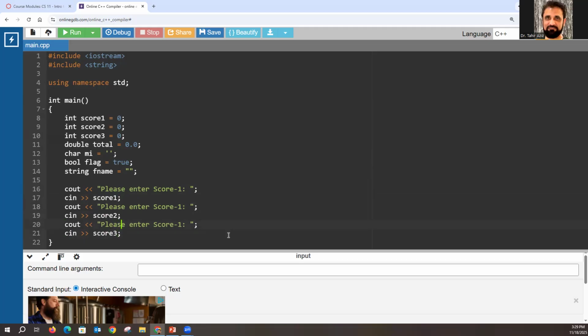And so in that way, there's no confusion. This is score 3. This is score 2. All right, so this is for prompting purposes. So everything looks good. Okay, so we got all 3 scores, we prompted the user, and then the next